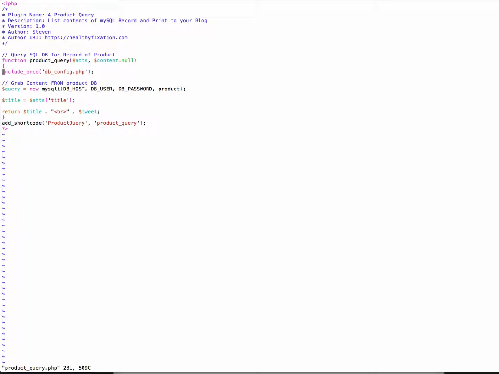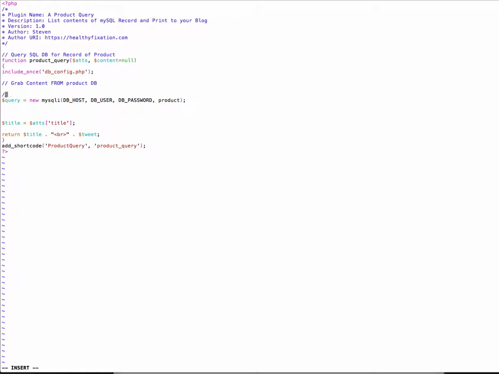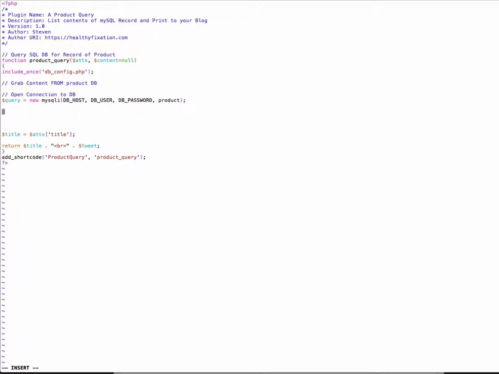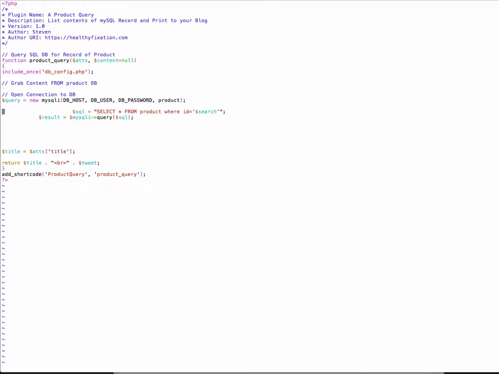Okay, so we have the query where we're going to actually create a connection to the database. That's all that line does there. Actually, once we do something like this, open connection, so it's clear to you guys, to DB. Okay. Then we're going to actually do